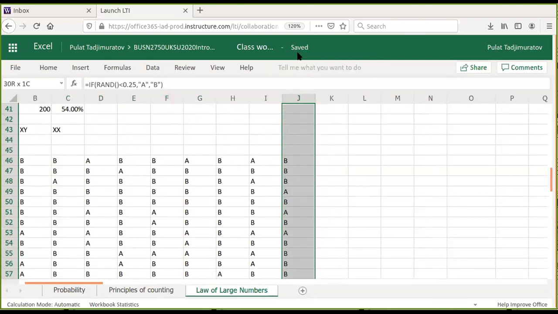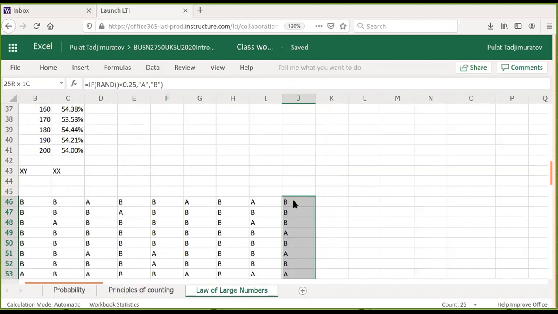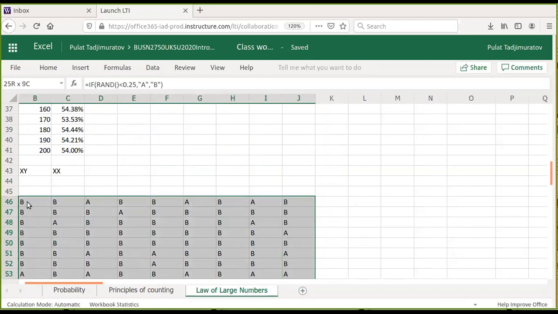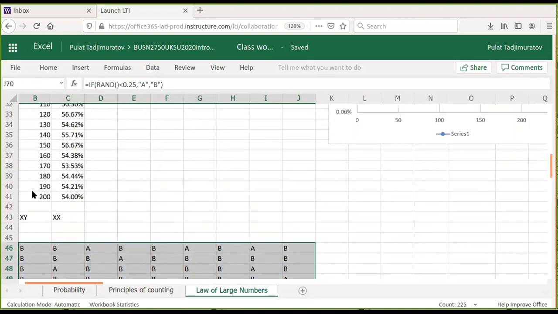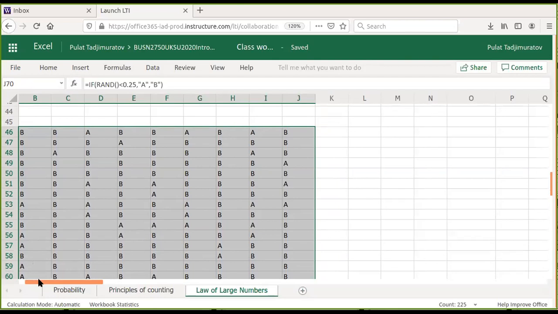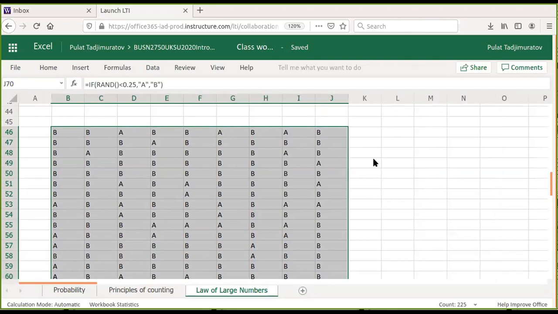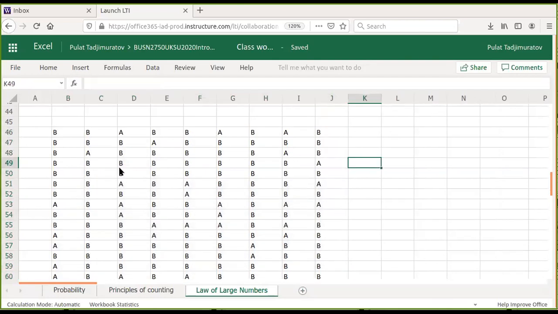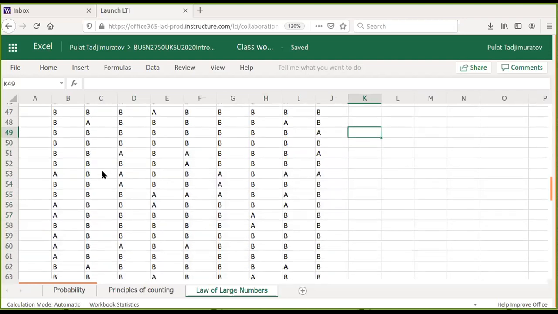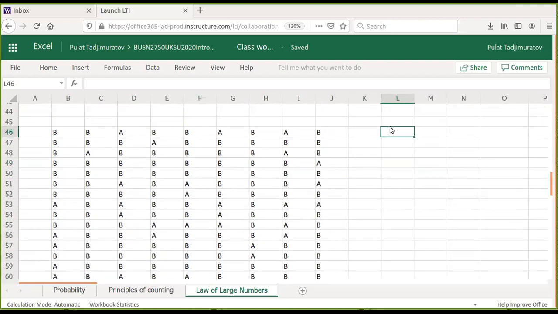So we have 25 rows and 9 columns. Oh, well, 9 is a small number, but okay, it will do. So 25 times 9, it's 225. So 225 trials here,